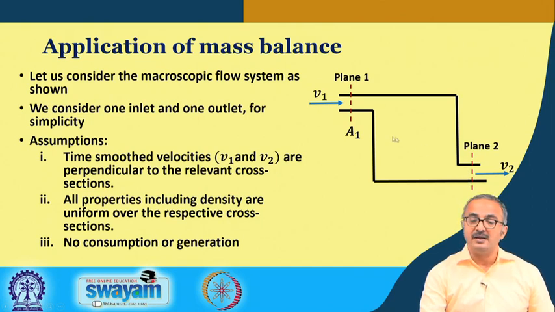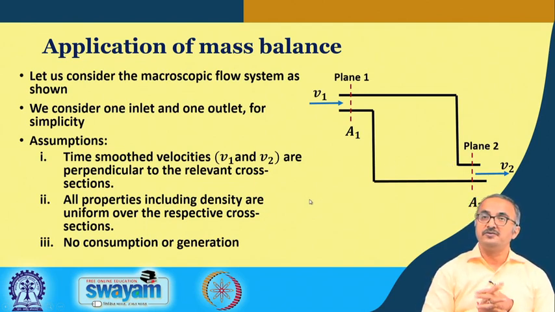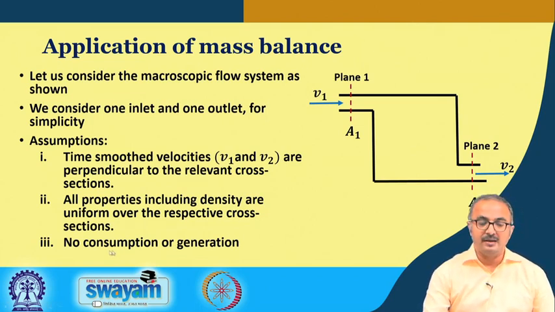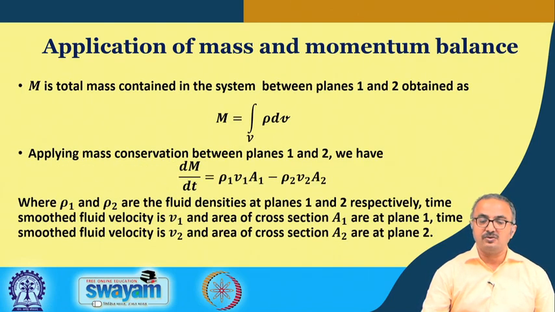So, in that case what we find is that this velocity will be uniform at this particular inlet and this particular outlet. These velocities are sometimes obtained from the division of the volumetric flow rate by the cross sectional area, and that is called the superficial velocity of the fluid. And we are also assuming that there is no consumption or generation. So, with these assumptions, we see that the mass balance between these planes 1 and 2 is reduced to this